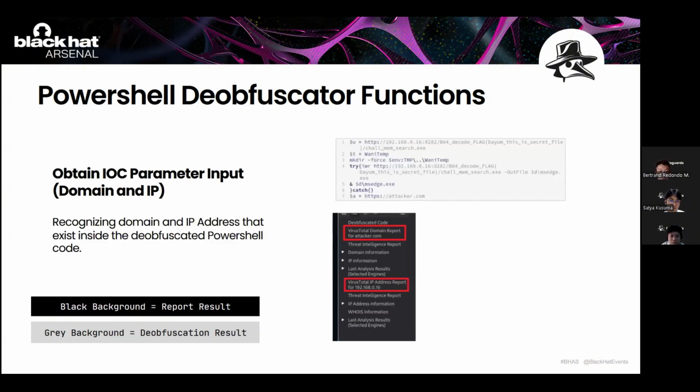The last one is to obtain IOC parameter input, which is domain and IP. So the application will recognize the domain and IP address that exist inside the deobfuscated PowerShell code, if any. Like this example, we have one domain and one IP address found inside this code. The domain is inside the 7th line of code, and the IP is found in the first line and the 4th line, which is 192.168.0.16. So from this domain and IP address value, the application will do an IOC check into Virus Total Threat Intelligence